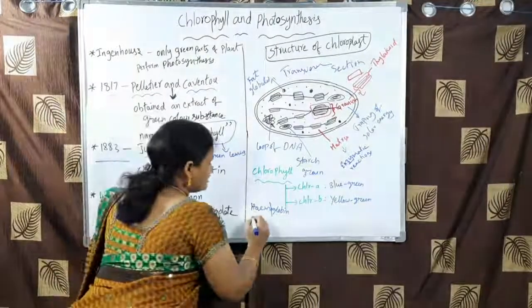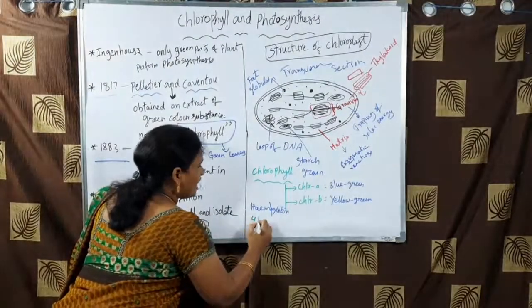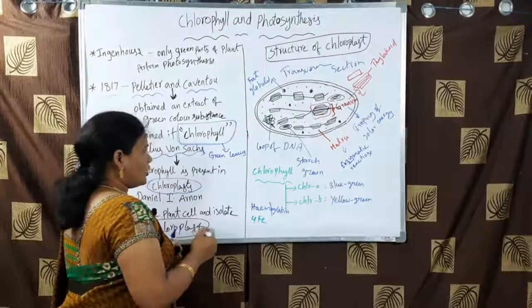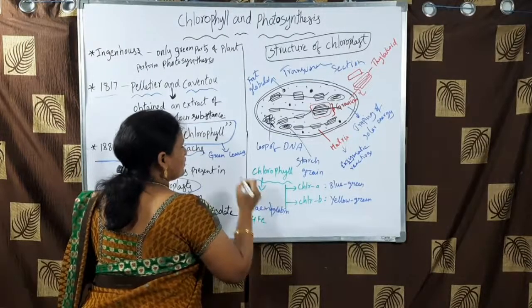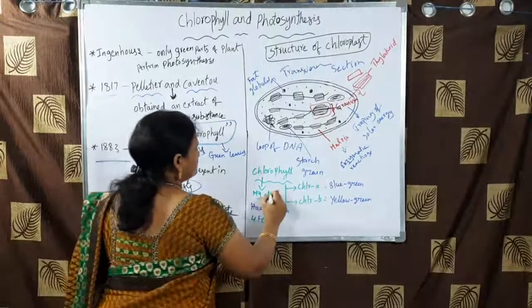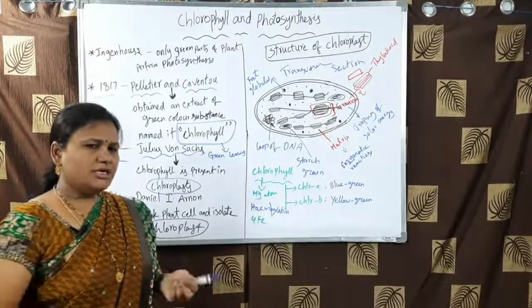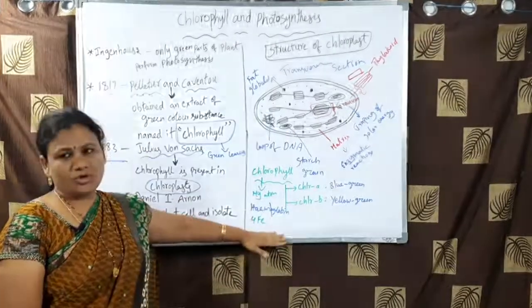This heme contains 4 iron atoms. So like that, the chlorophyll molecule also contains 1 magnesium atom in its structure. So that pigment is nothing but color giving substance. It's just like a hemoglobin-like structure.